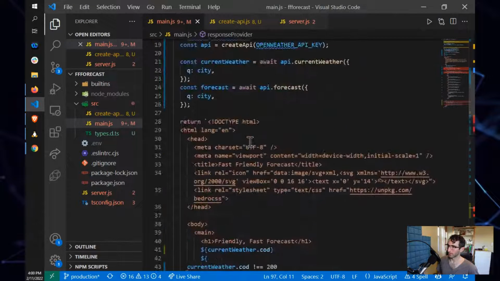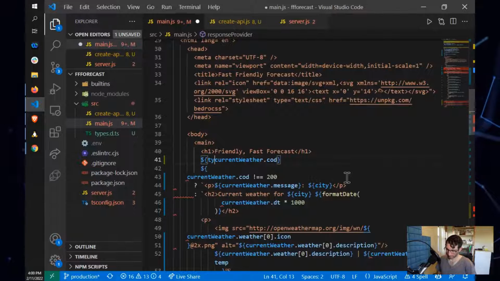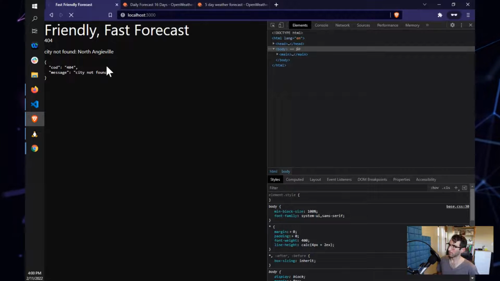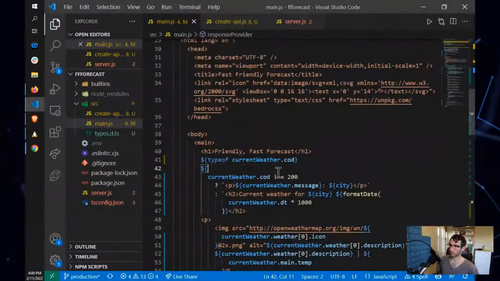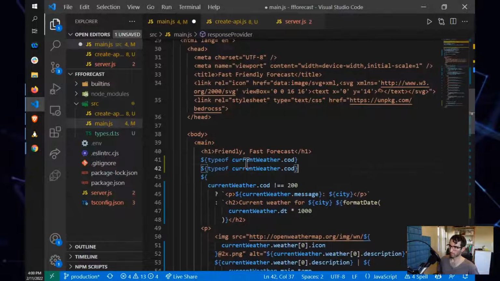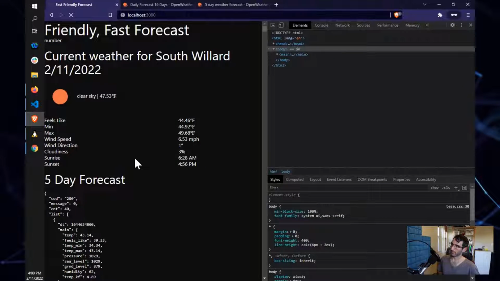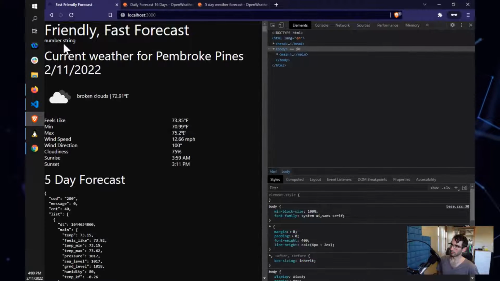I guess that wasn't very helpful. Let's say type of current weather code is a number. Type of forecast code. They're both strings. But then,